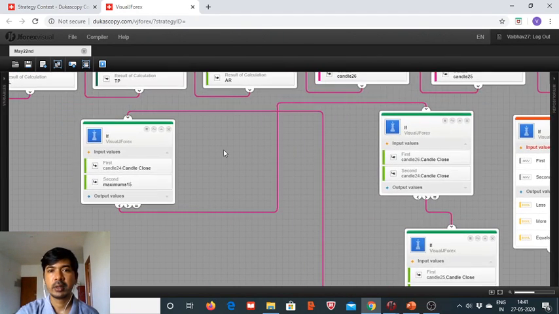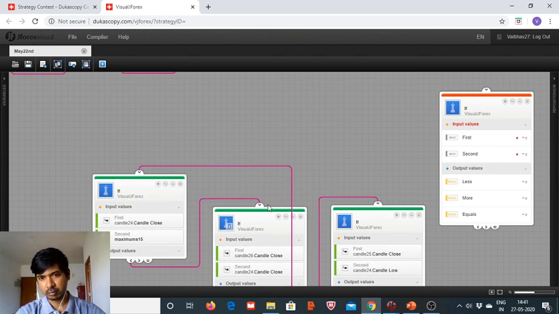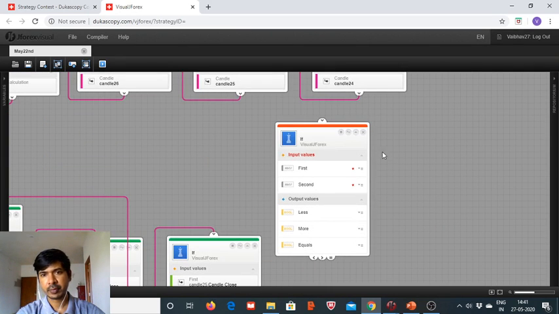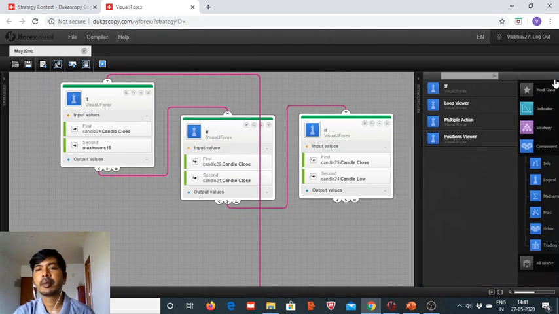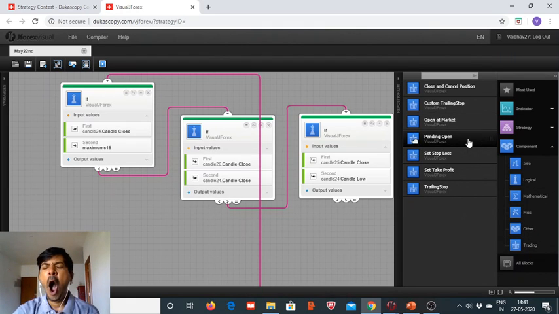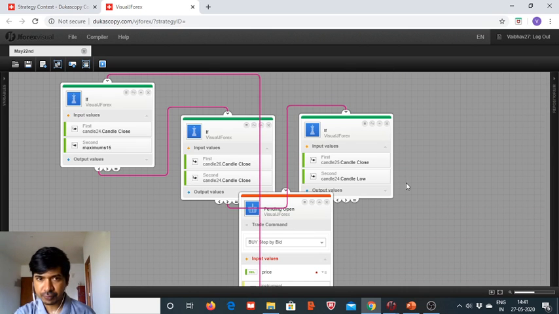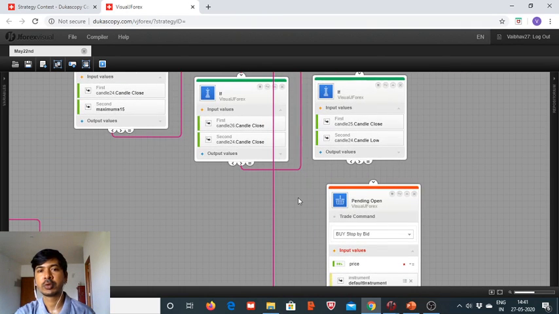So here we go, and now is the time to look for pending order, pending open order, if blocks, mathematical trading. So here candle 25 close should be less than the